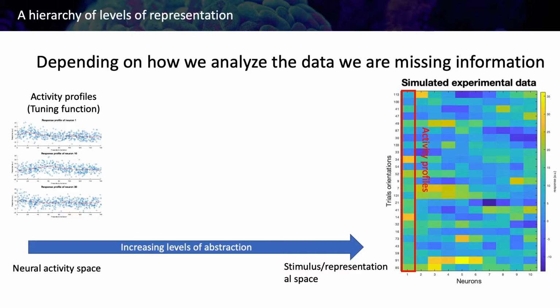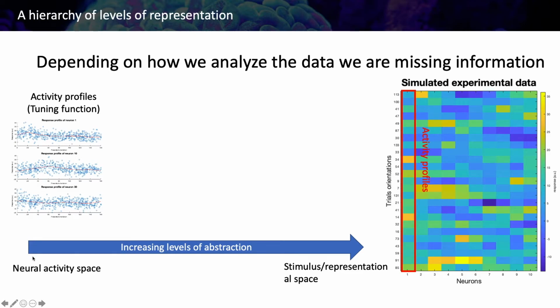The thing is that when we get the data from the brain and we arrange it in this way, which is what we generally do, we have features or sensor features that can be neurons, or voxels, or electrodes. We arrange them here, and then we have the trials. So we can look at the data in many different ways. And what we have to understand is that when we are looking, for example, at the activity profiles, like here, at the vertical profile of activations, we are closer to the neural activity space.